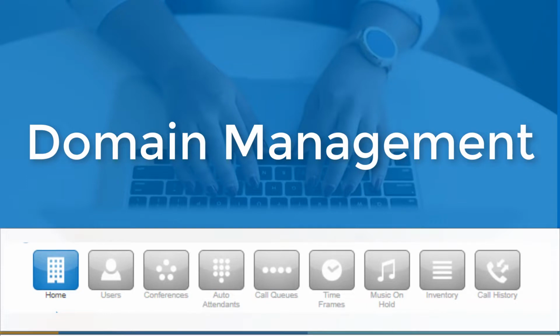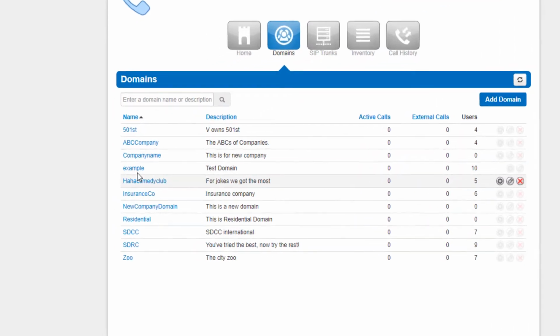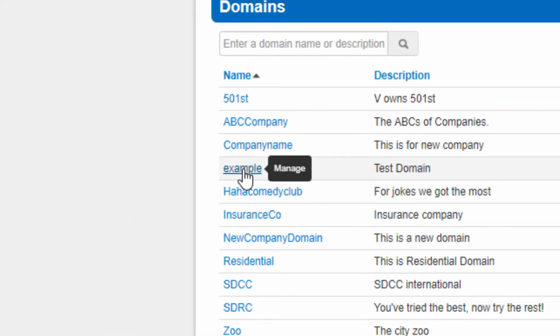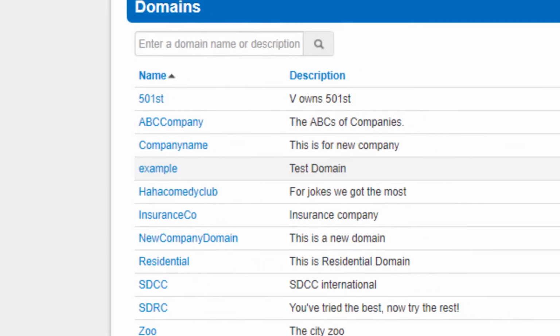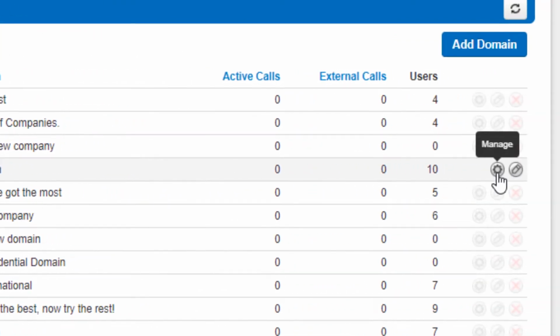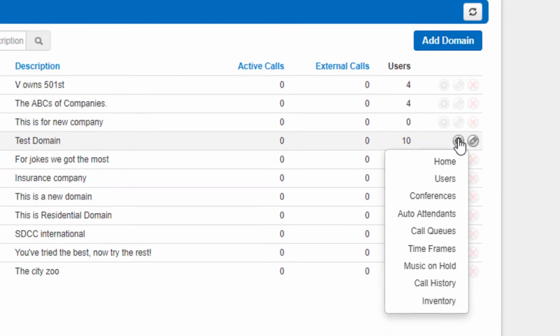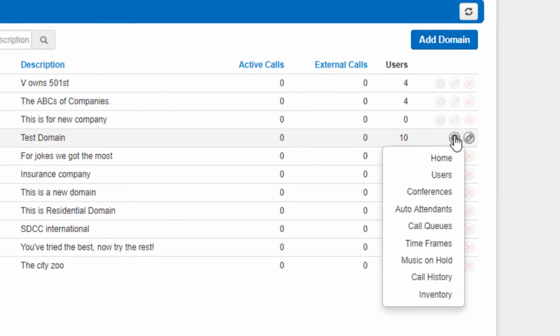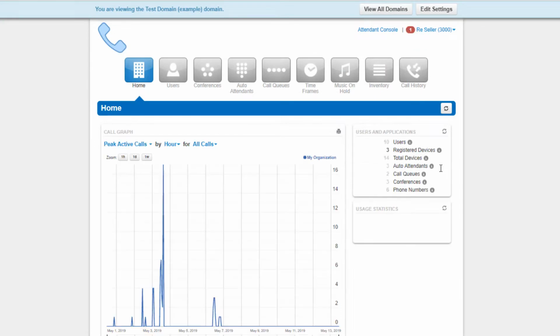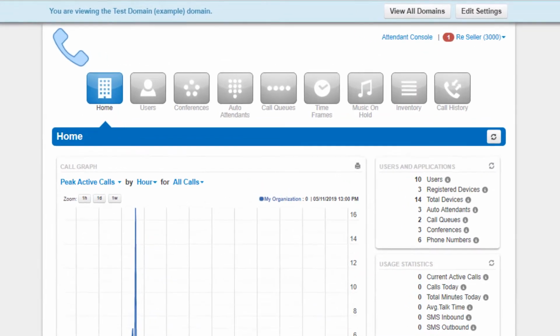These lessons are designed to teach you how to configure users and features once a domain has been created. In order to access the domain level, click on the domain name or the manage icon located to the right of the domain name. You will see a drop down which will take you to the specific application you are looking to modify. Once you click on a domain, you are taken to the domain level where you can see